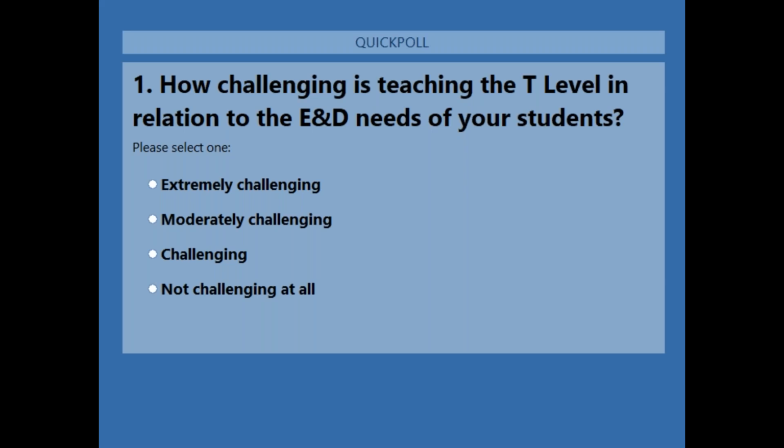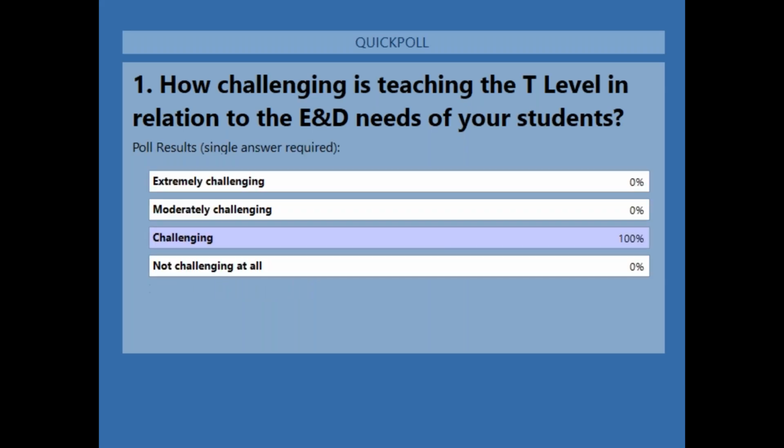We've got about half of the attendees voted so far, so I'm just going to leave it a little bit longer and give everyone a chance to vote. Okay, thank you so much. We're at 100%. So I'm just going to share the results, and you'll see that everybody is in agreement that